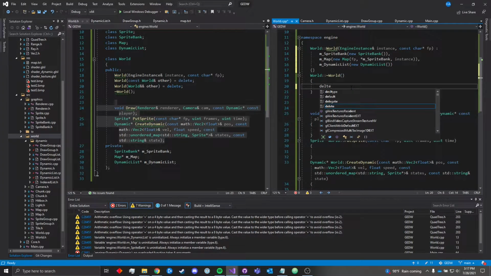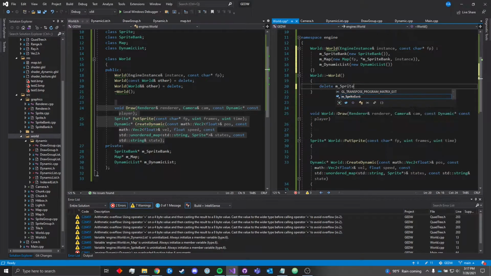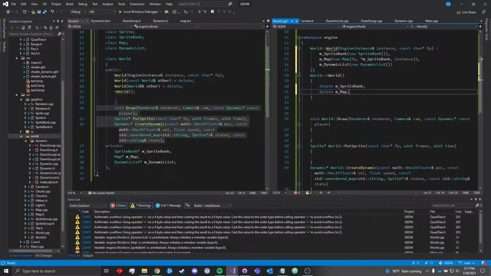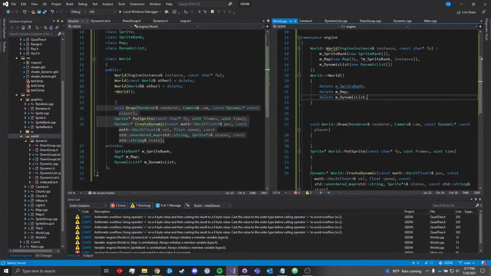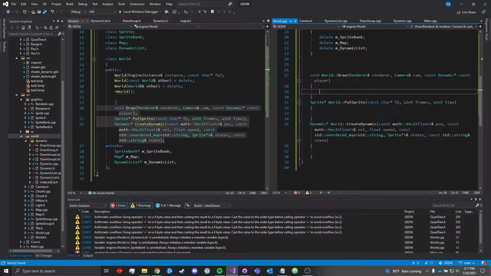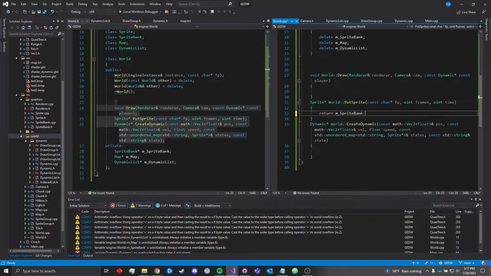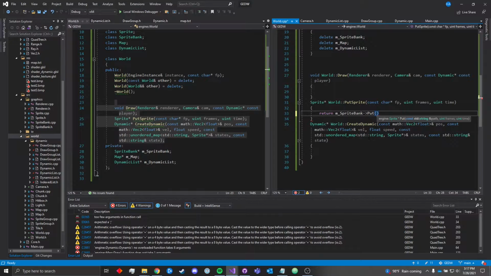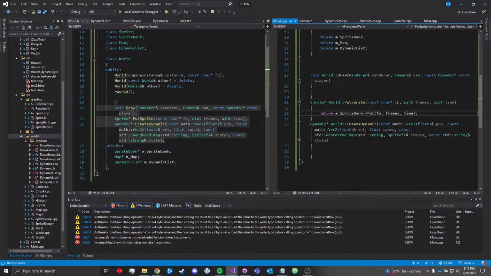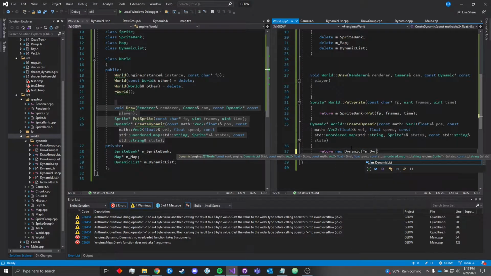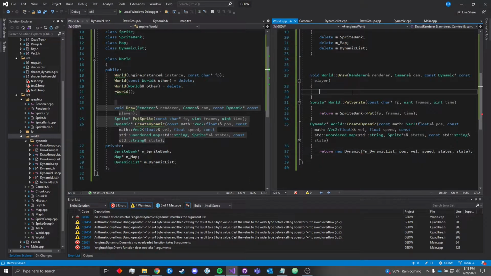So all of those are pointers, so we need to delete them, obviously. And then I'll do these two first, because these are just like boilerplate. So return, these are just like pass-throughs for... okay, but the draw function, need to be careful about the order we do stuff in. So we have